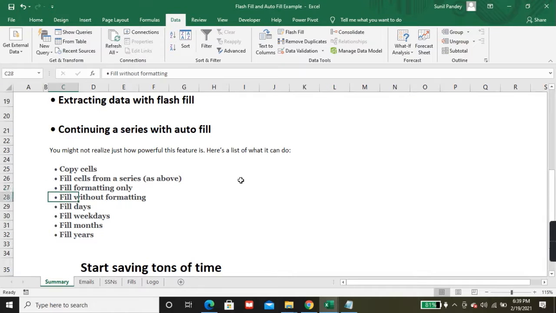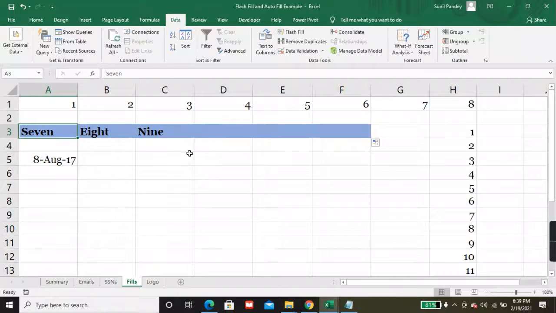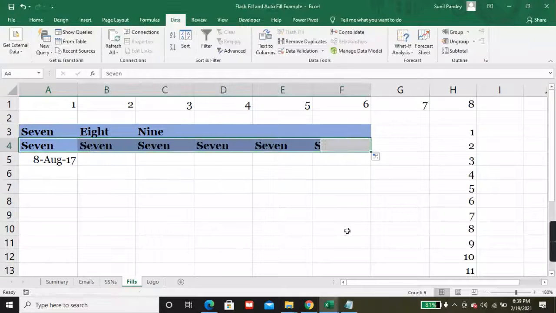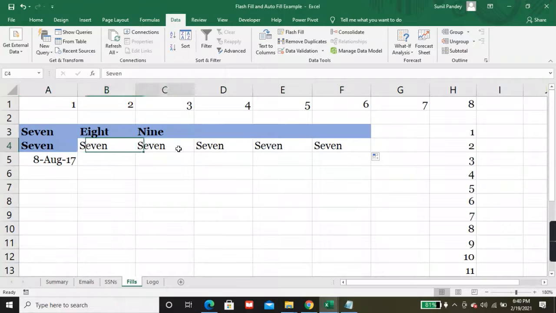Now fill without formatting. I copy this, drag it, click here, and choose fill without formatting. See, only the first cell is formatted, the others are not.